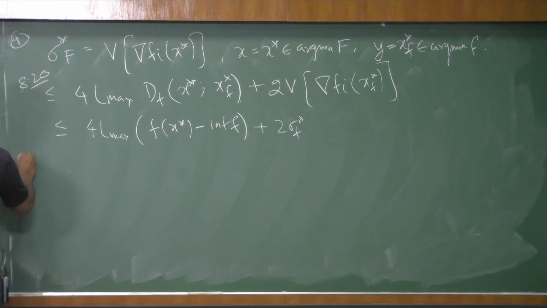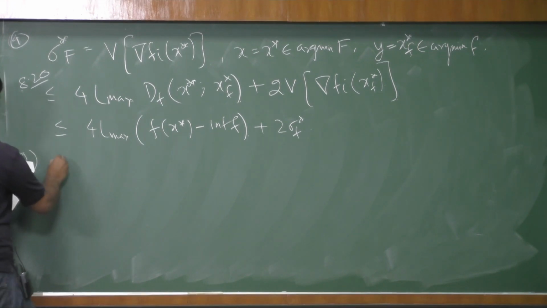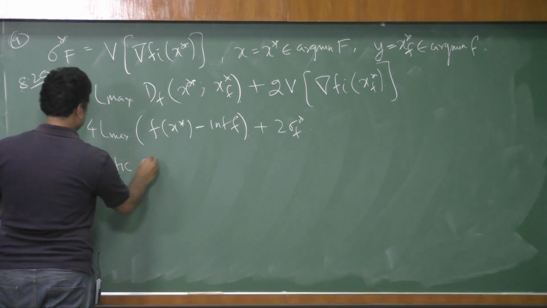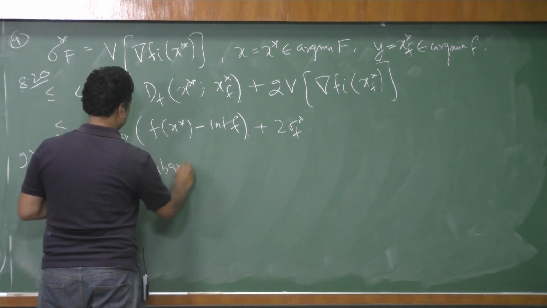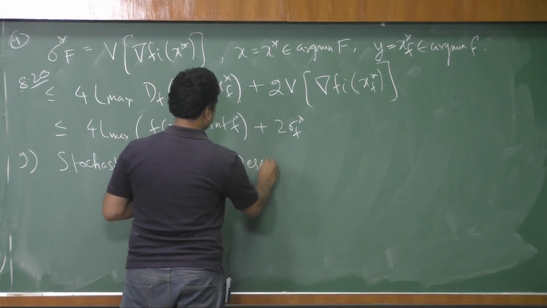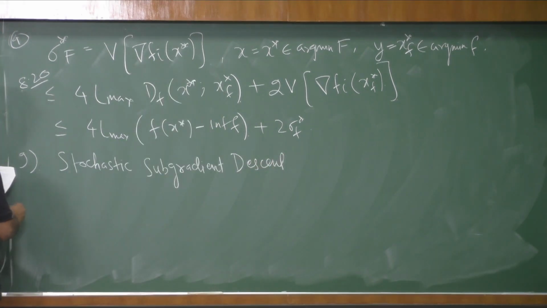The 9th section in the notes is stochastic subgradient descent. So we can define something called